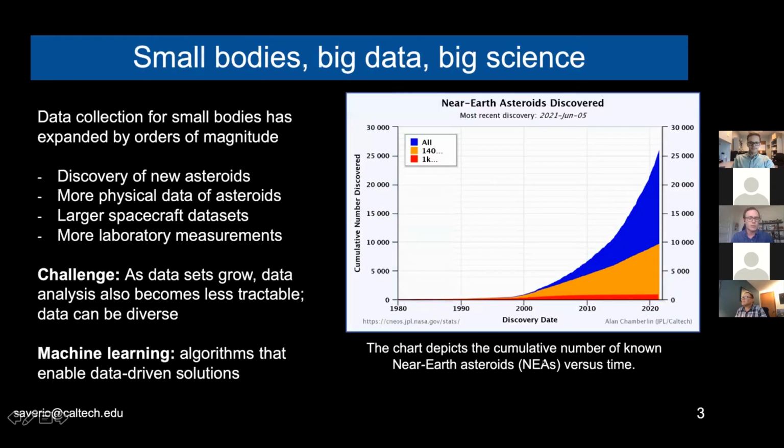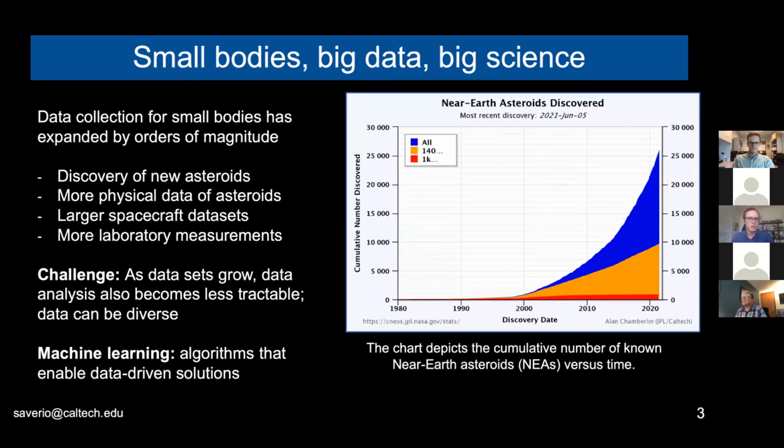So why did I get interested in machine learning? This is actually a plot that we saw also this morning. The reason why I got interested in machine learning for small bodies is because we live in a period in which we have a lot of data, and the data collection for small bodies has expanded by orders of magnitude in the last 2-3 decades.